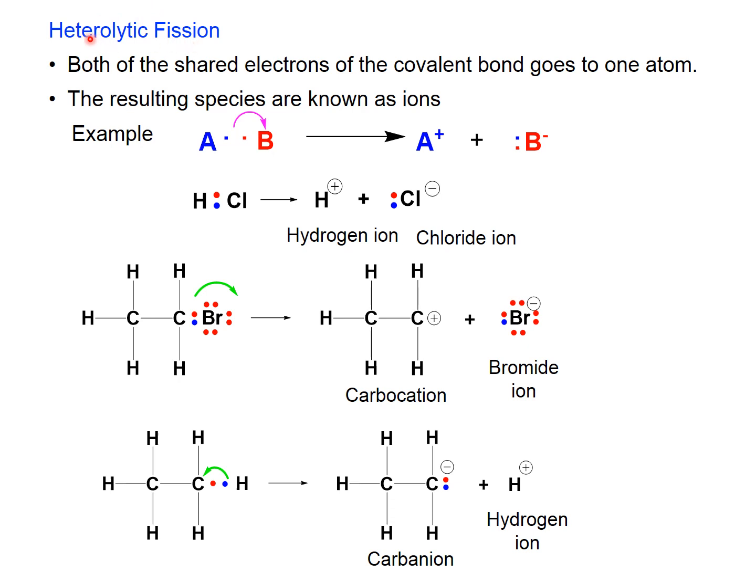Heterolytic fission. So hetero tahu benda yang tak sama. So dia tak bahagi sama rata all the electrons. Both of the shared electrons of the covalent bond goes to one atom. The resultant species are known as ions. This is what we